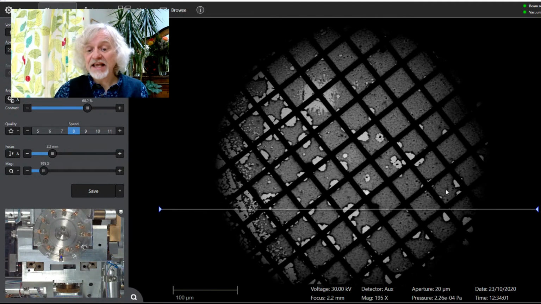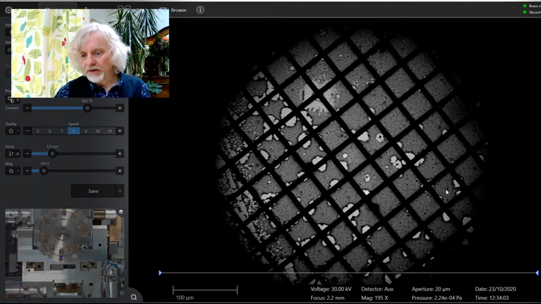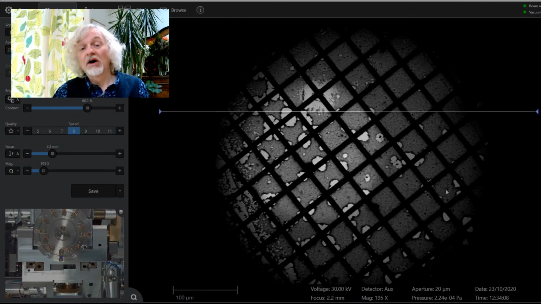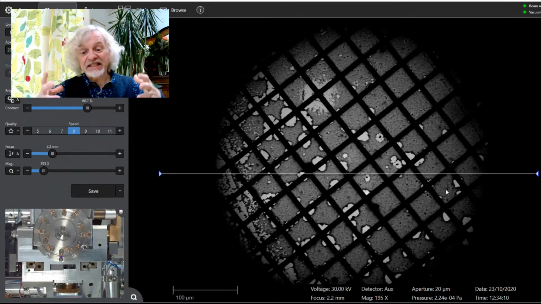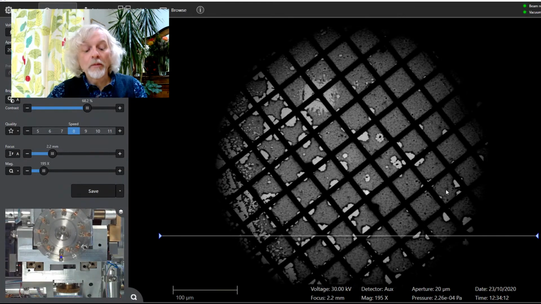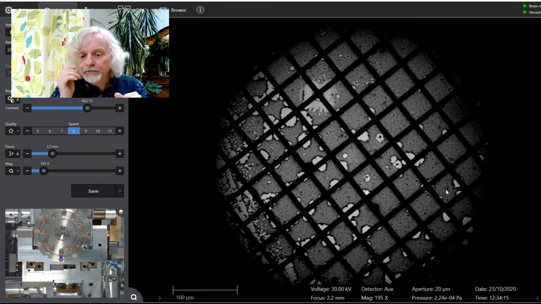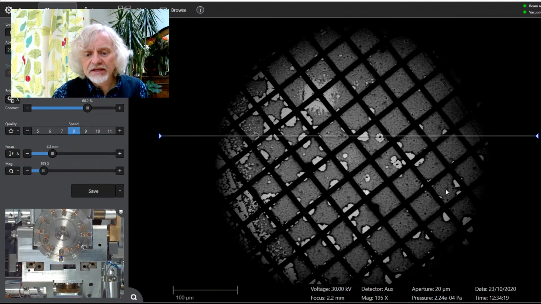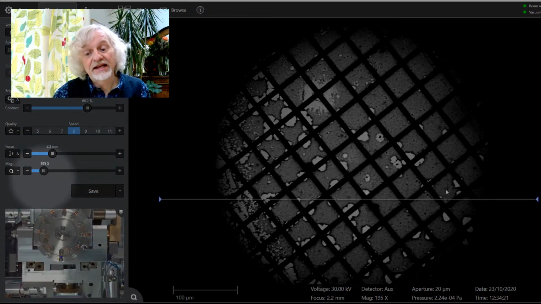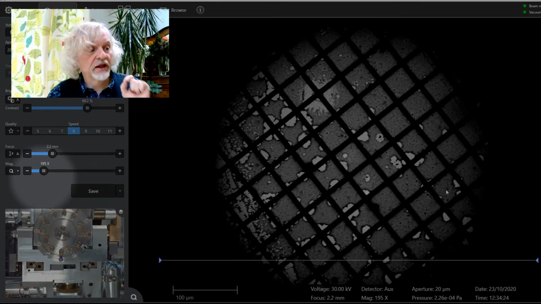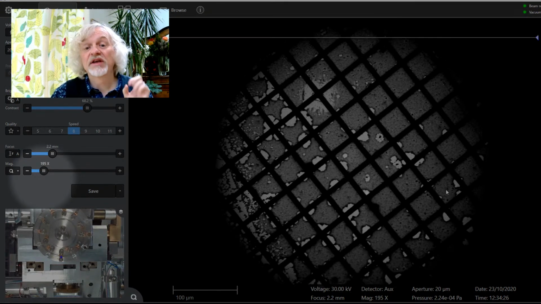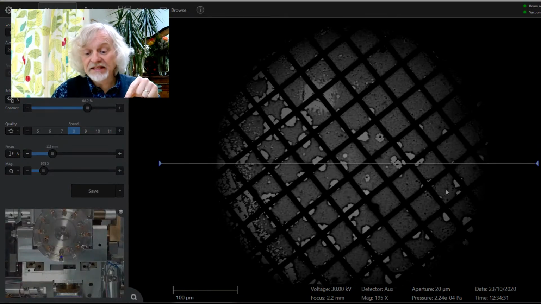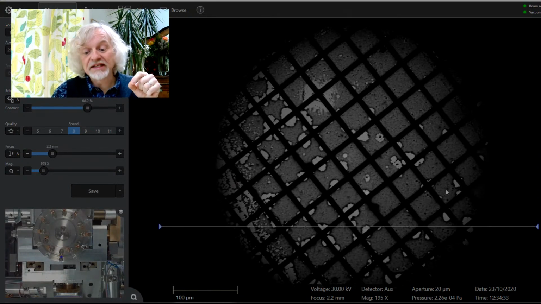What you're actually seeing on the screen, if I move my mouse down here, so this thing here on the screen is our specimen, and our specimen is sat on a tiny little copper grid a few millimeters across. And we're zoomed in a little bit already. You can see the zoom over here. This bit over here tells you the magnification, and at the moment it's 195 times magnification. And down here at the bottom is the scale bar, and you can see the scale bar says that